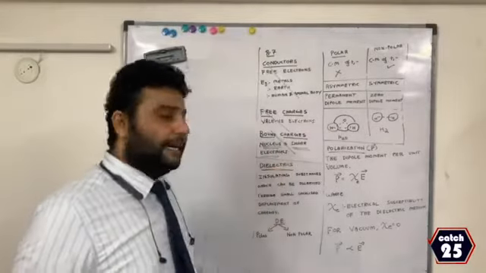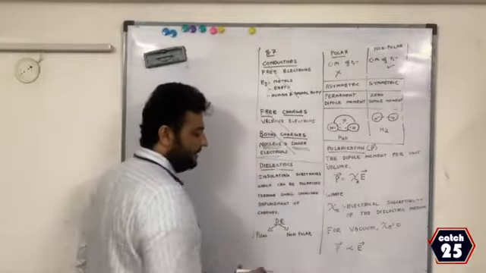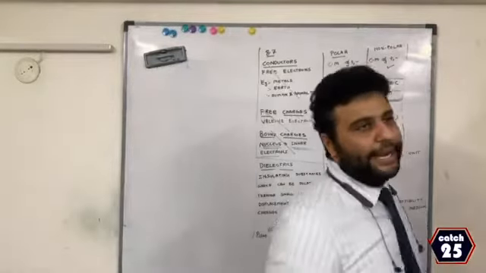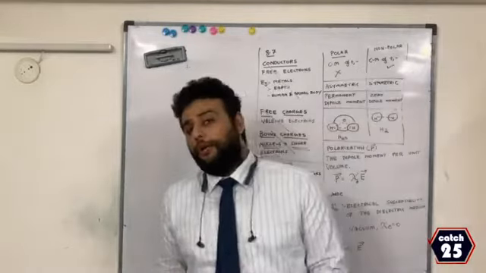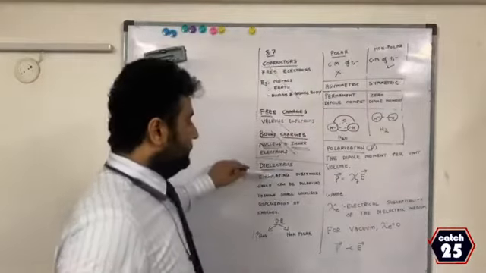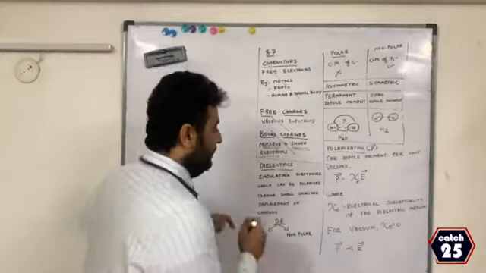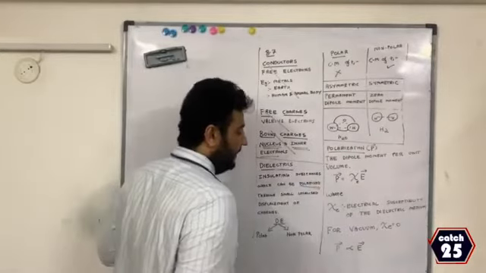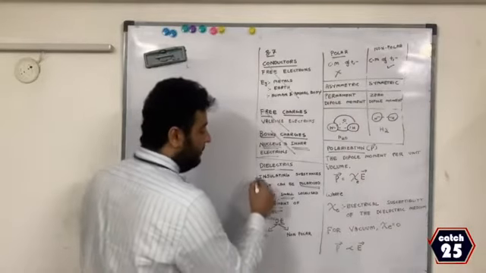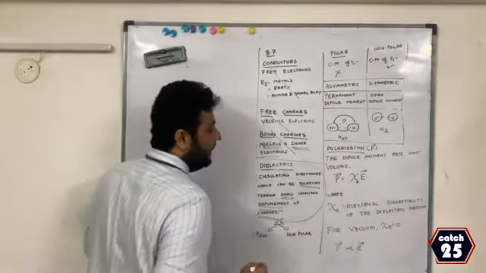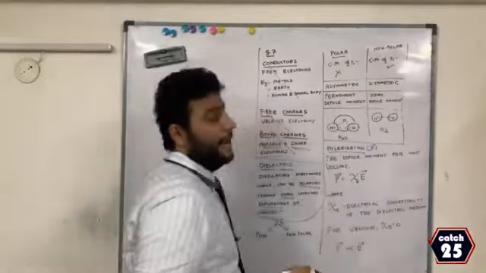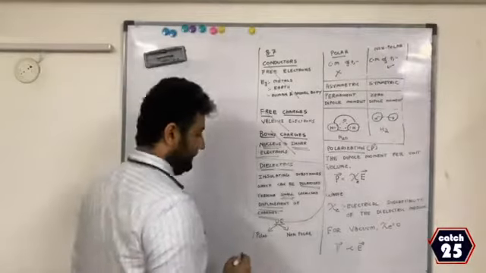And dielectrics are classified into two types. One is polar dielectrics and one is non-polar dielectrics. To know what is a polar dielectric and a non-polar dielectric, you should know what are polar molecules and what are non-polar molecules. Now if you look at the board, in dielectrics, I told you the keyword between dielectrics and insulator is polarized. How are they polarized? Small displacement of charges. Very important definition of a dielectric. And how many types of dielectrics do we have? Polar and non-polar, which are the two types of dielectrics.